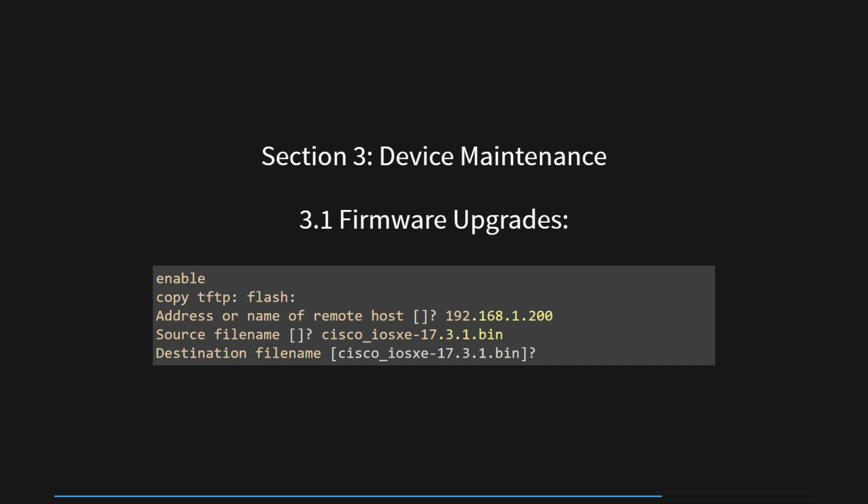The system also requests a destination file name for the new image, but the administrator can simply press Enter to use the default file name. By executing these commands, the administrator successfully upgrades the Cisco router's firmware by copying the new IOS XE image from the specified TFTP server to the device's flash memory, ensuring the device remains up to date and benefits from the latest improvements and security enhancements.